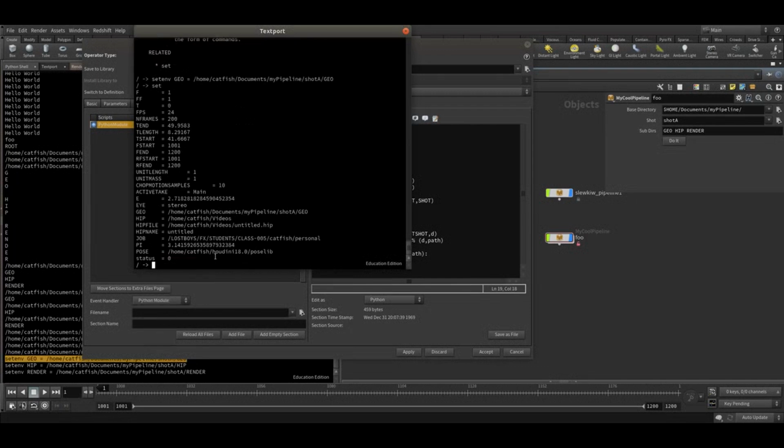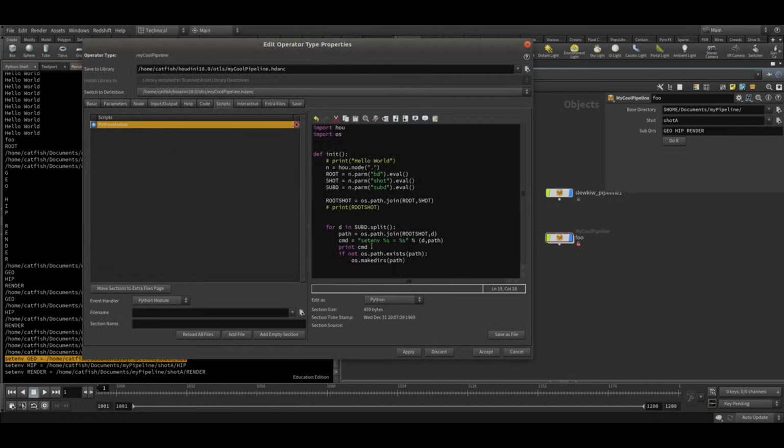And then type set, you can now see that over here we have geo, there it is. It's set for us. Okay, cool. So let's build that in. So we got the CMD here, but you'll notice that this is a Hscript command. It's not a Python command. So how do we use this Hscript command in Python? We use hou.hscript CMD